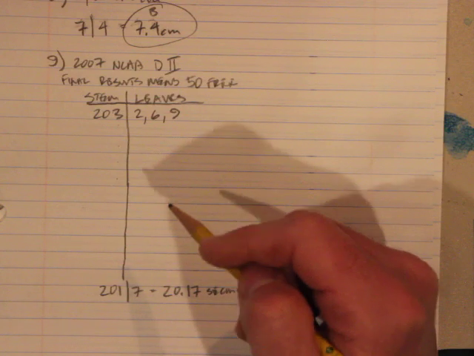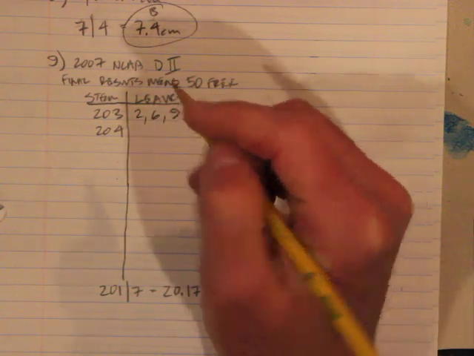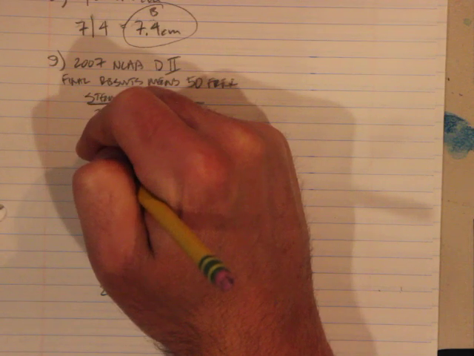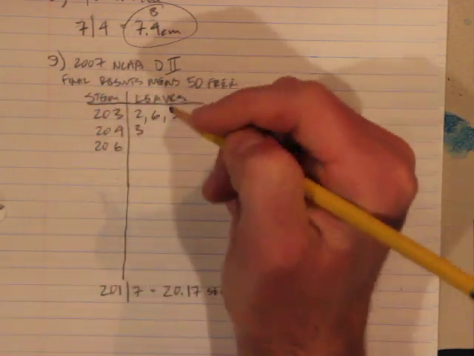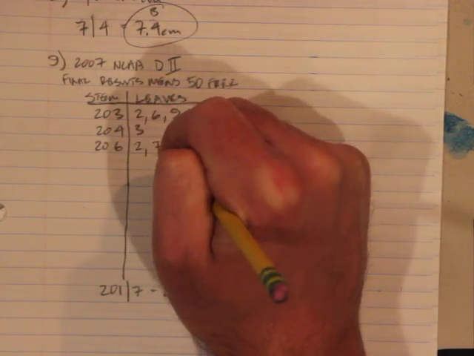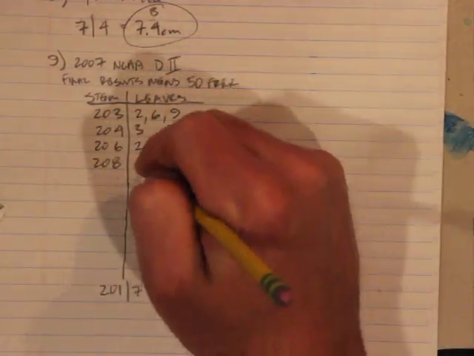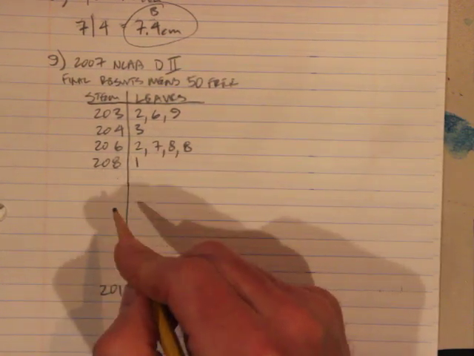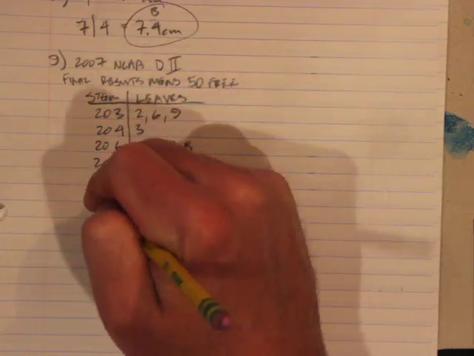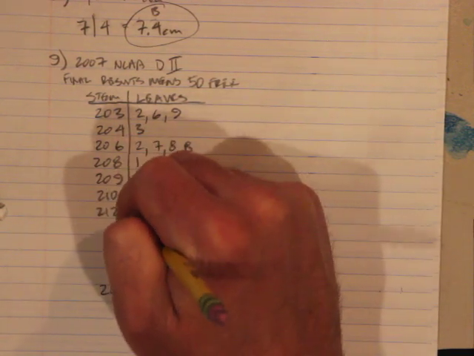And then the next one is 204, so 20.43 seconds. And then we've got 206, 20.62, 7, 8, and another 8. 208, 1, so there's a 20.81 in that data set. 209, 7, 210, 7, 212, 4 and 5,